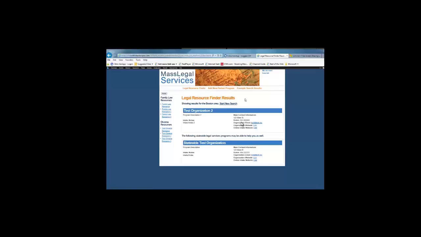Next, let me show you how a program will set up a profile on the site. So the partner programs will be invited to join, and they'll be able to log in up here. I'm already logged in, but they'll be able to log into this site. The way they enter into this to set up a profile or modify their profile would be through this link here, Add New Partner Program,